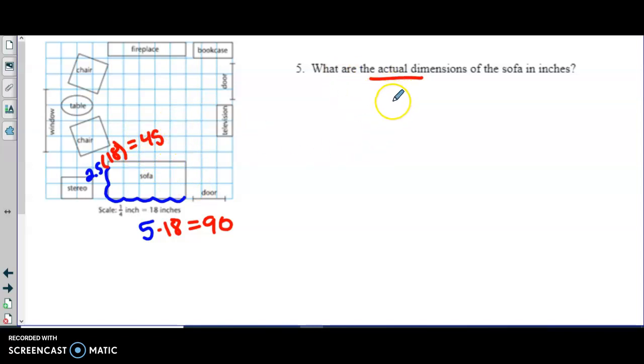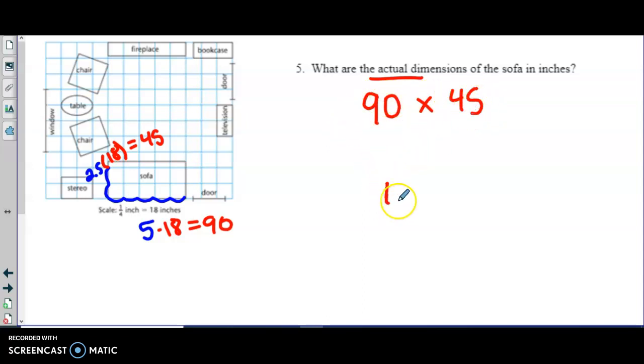And so the actual dimensions, well, hang on just a second. I'm going to double check to make sure that that's actually a 0.5. Okay, so I didn't totally trust myself because it doesn't quite look like it's halfway up, but I did look at the answer choices in Connexus, and the only answer choices that make sense is to pretend like that is 2.5. So the actual dimensions of the sofa would be 90 inches by 45 inches, the length times